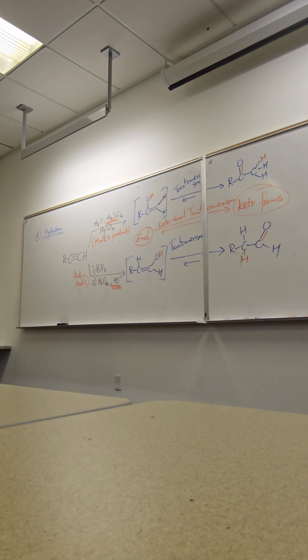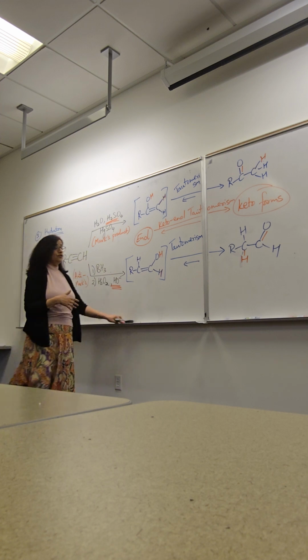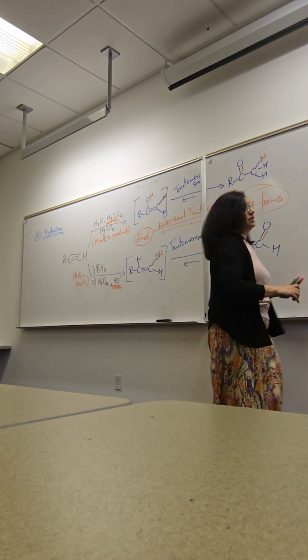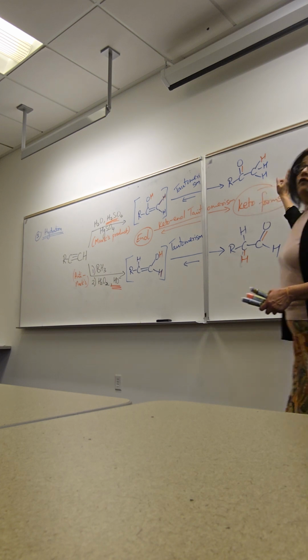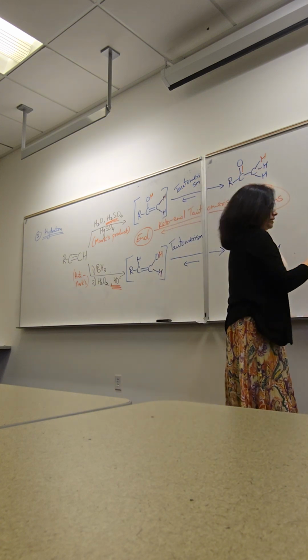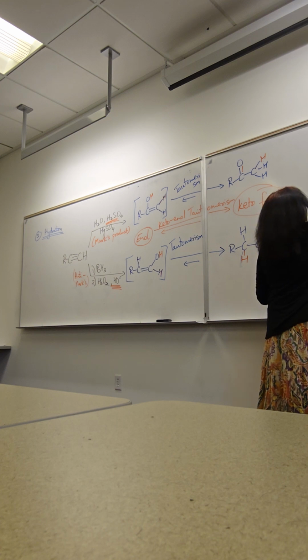Keto-enol tautomerism, where the keto form and the enol form are in equilibrium with each other. However, the keto form is more stable. The keto form is the preferred form. The enol form is the minor form. This process is catalyzed both by an acid and a base. So let's write a mechanism that explains how the enol form can become a keto form under acidic conditions and under basic conditions. So, acid catalyzed